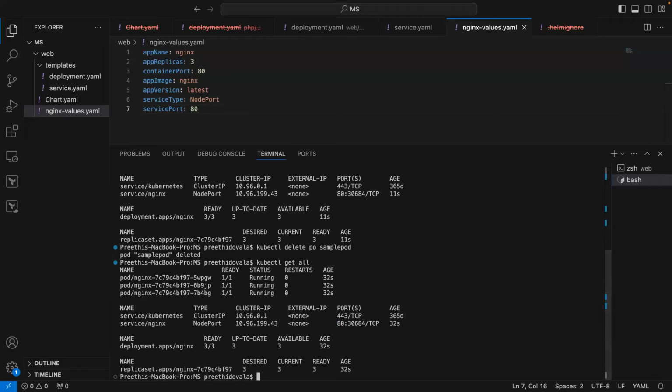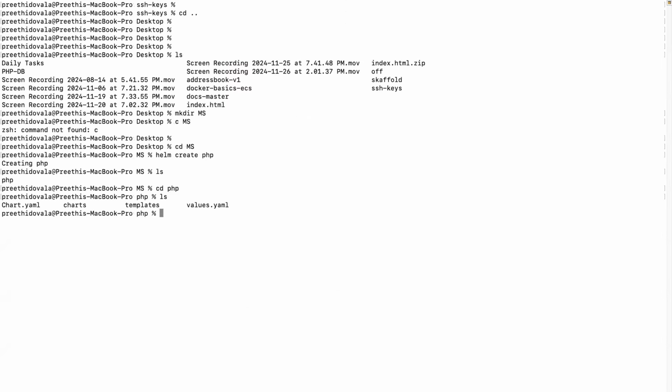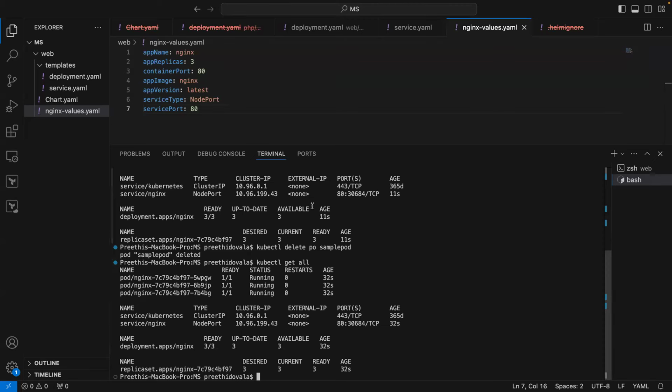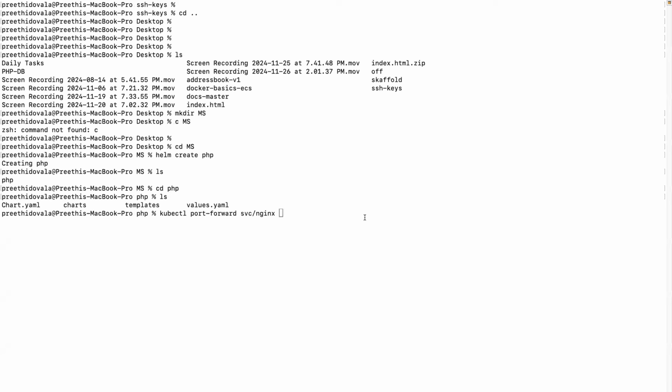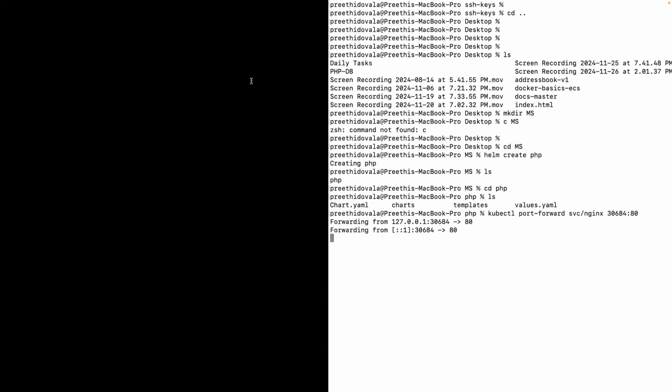You have to do port forwarding. I'll do it here. kubectl port-forward service nginx, and what is the port? Service nginx 30684. 30684 and 80. Now